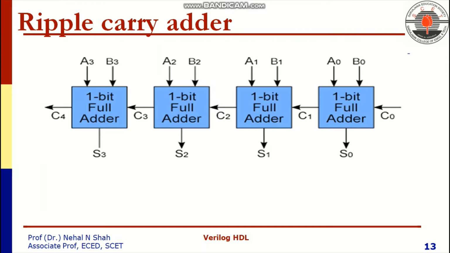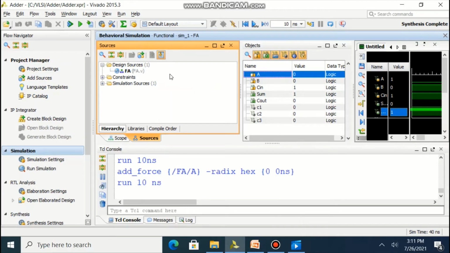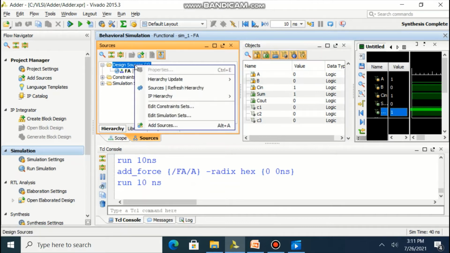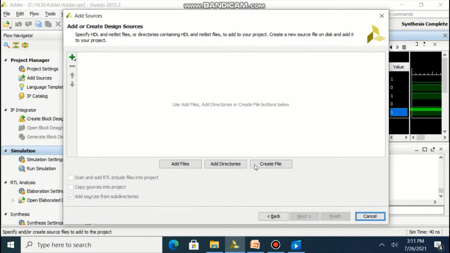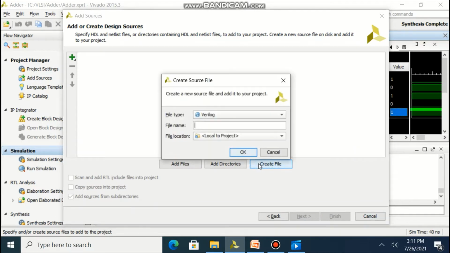Let us look at how we can write code for 4-bit RCA. In a same project where FA is already created, we will right click on design sources and we will click on add source. Select add or create design sources. We'll create a file.